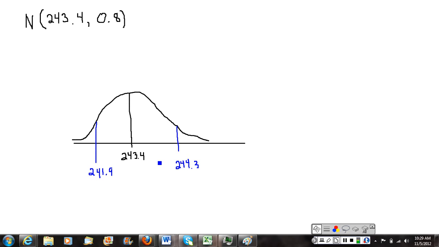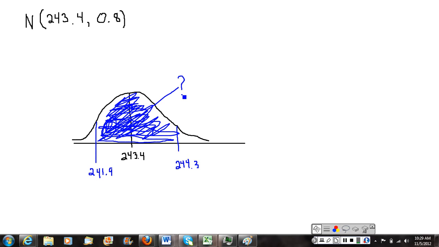And they're asking for the proportion of all rods to fall in this range. So we're going to shade in the area in between those two numbers. The thing we need to calculate to solve this problem is, we shade all that in, what is this area? And that's a very important feature of your drawing to show your work here, is to show that area shaded in, both these two values of interest labeled, and then the question we're trying to answer here is, what is